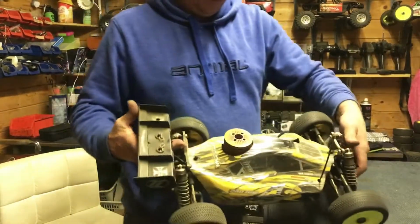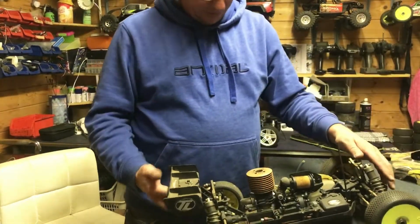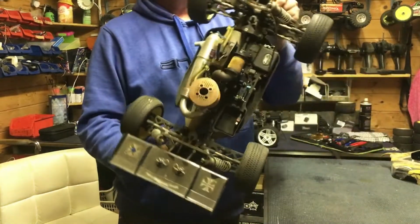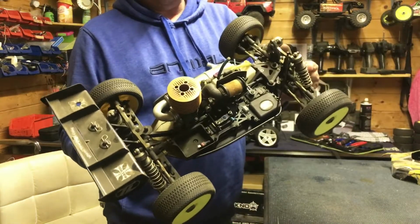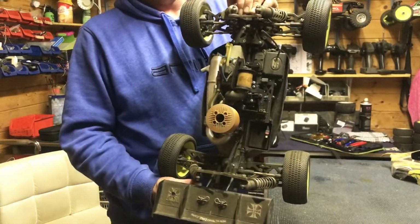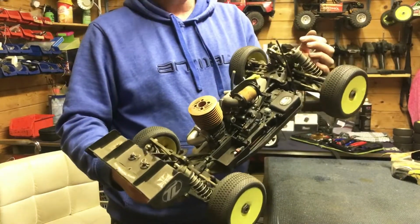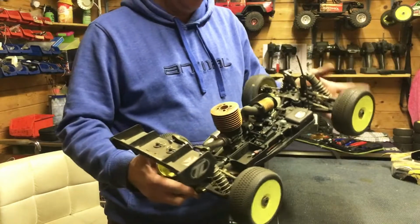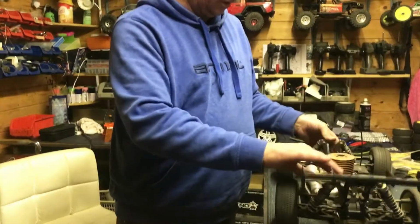This is an old relic. I've had this for 14 odd years. Now it's dusty, but it's still absolutely mint. I think that's the original Losi 8IGHT. I don't even think it's a 2.0. That GRP engine was rebuilt by Barclay. It's one of two that I got off him, and has only been started and run on the bench, hasn't actually been raced. So that essentially is a race ready rig, other than putting, like, it feels like we've absolutely no oil in those shocks, but that wouldn't take much to get that thing ready for